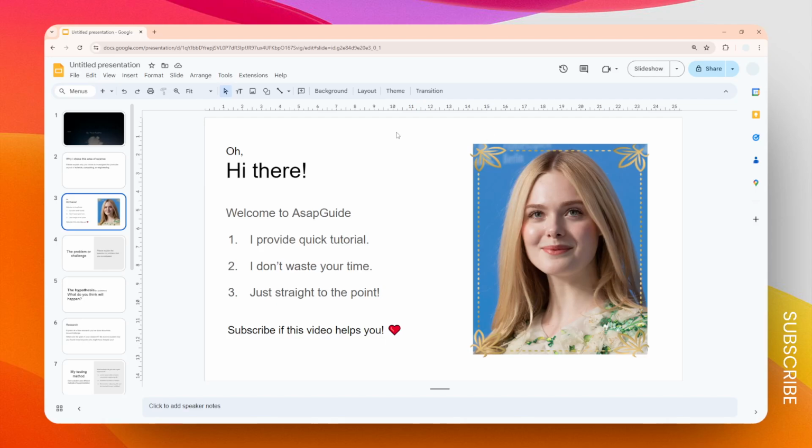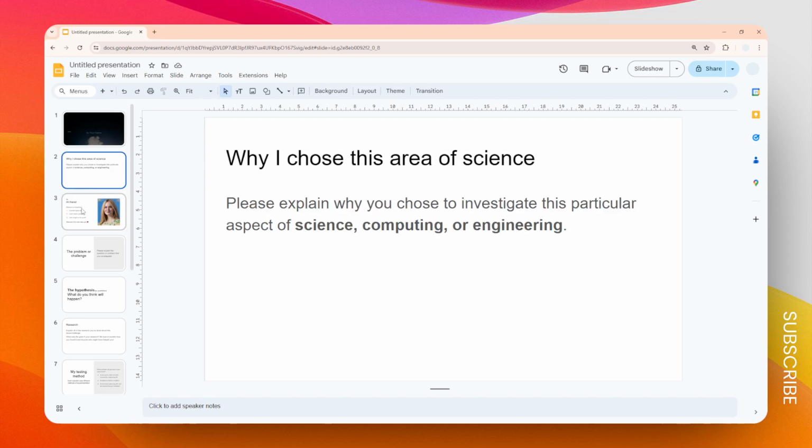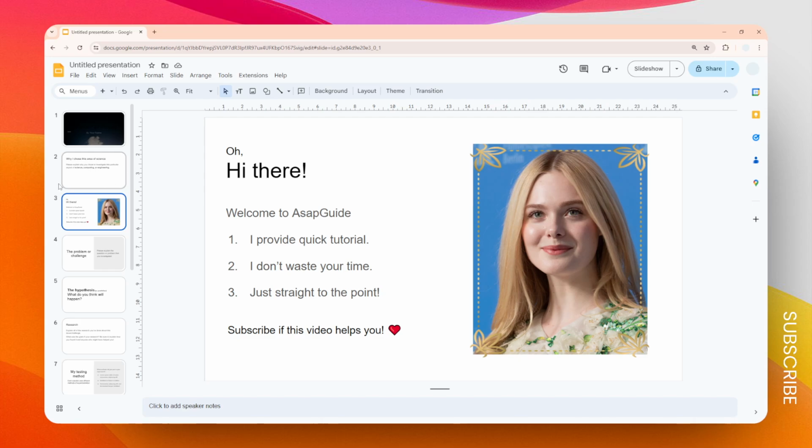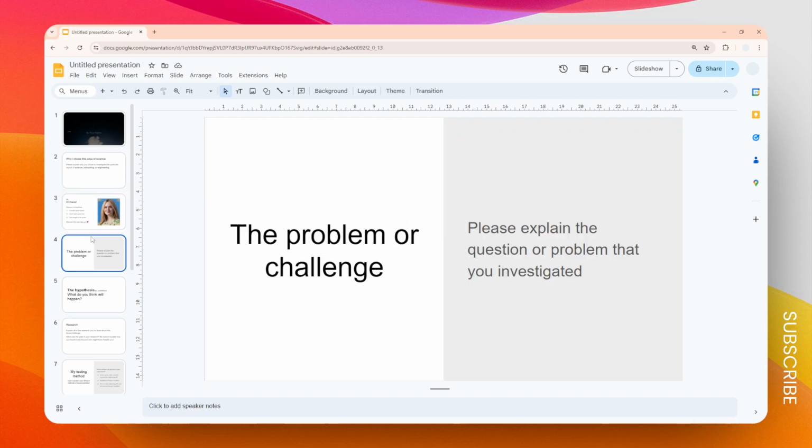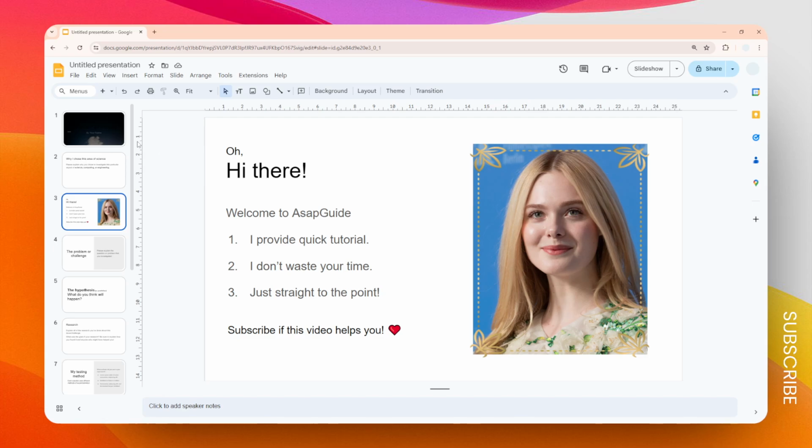In this video, I'm going to show you how you can skip a slide in Google Slides. Essentially, this feature allows you to skip one or multiple slides when you are presenting the presentation. Let's say I have this document and I want to skip slide number 3. So I want to jump from number 2 to number 4, and number 3 won't be visible when I'm presenting